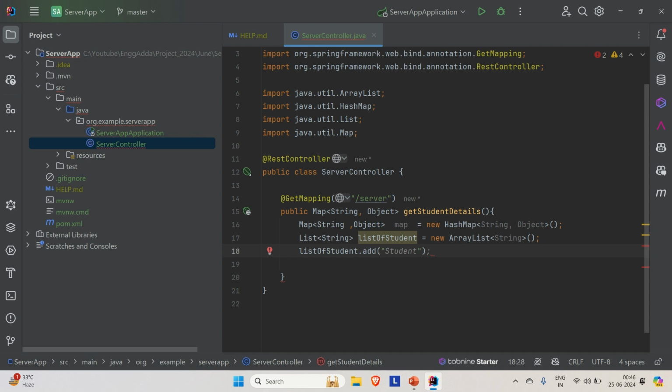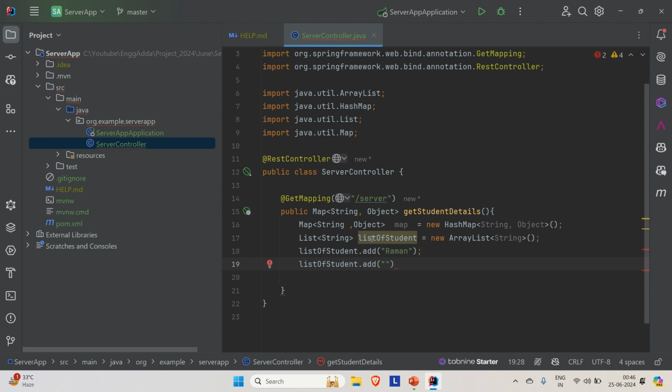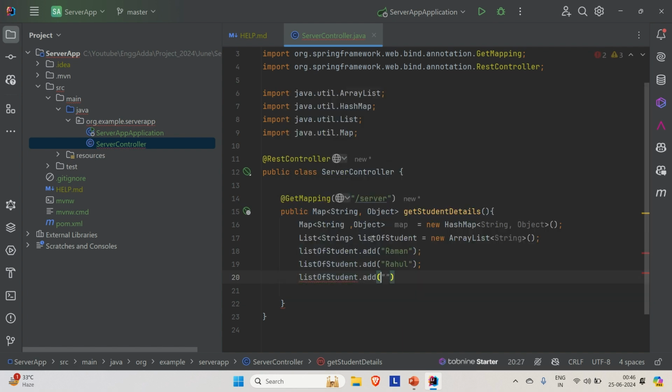Let's say Raman, and listOfStudent.add, let's say the other name is Rahul, and then listOfStudent.add, let's say it is Aman,